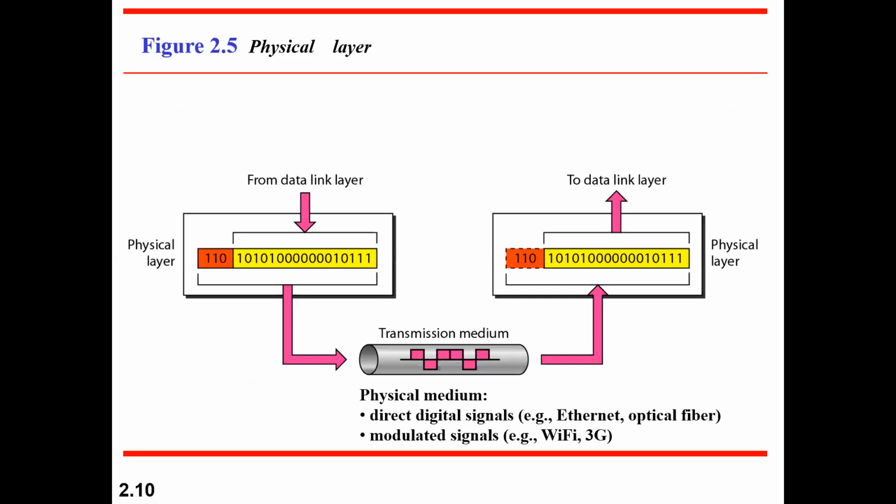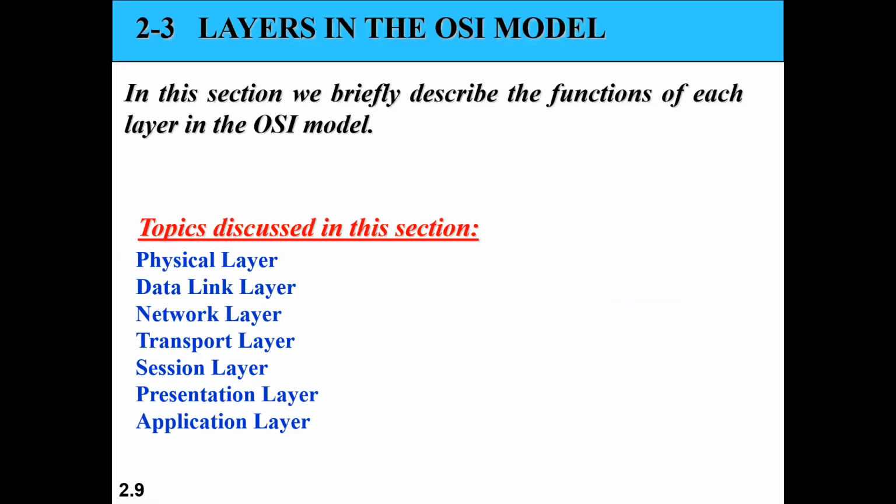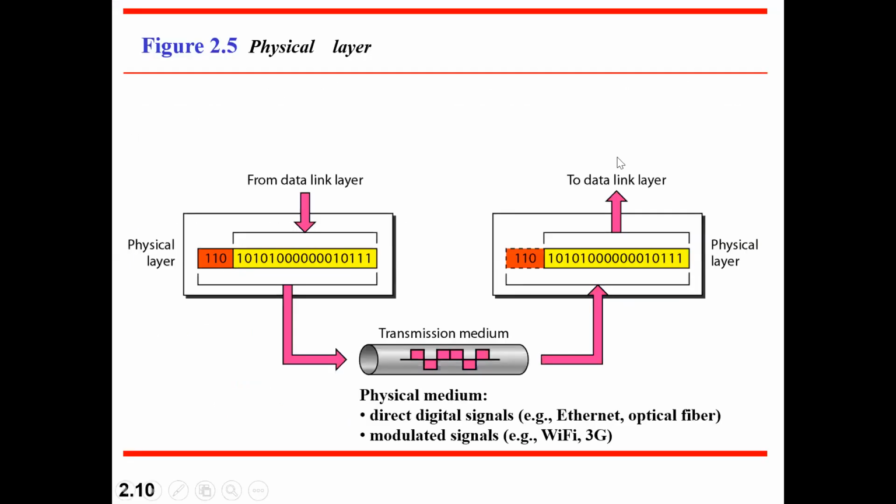Layer by layer, we will see how each layer behaves, what the different characteristics of each layer are, one by one, with respect to the OSI model. Okay, first is the physical layer. We'll go from the bottom layer. The bottommost layer, if you are the sender, is the physical layer. If you are the receiver, the bottommost layer is the first layer that you'll be receiving. The topmost layer is the application layer. So that's why the physical layer is the bottommost layer, that is the first layer.